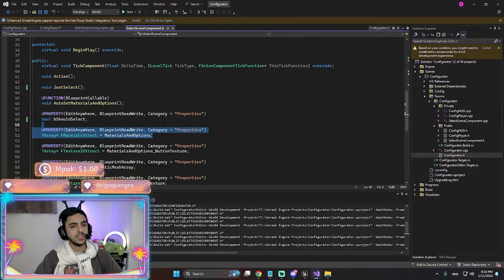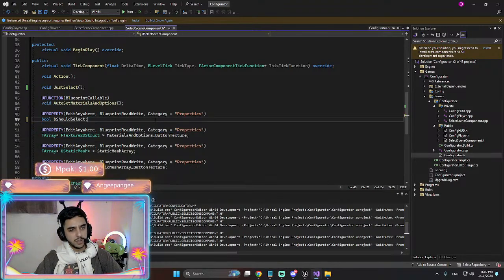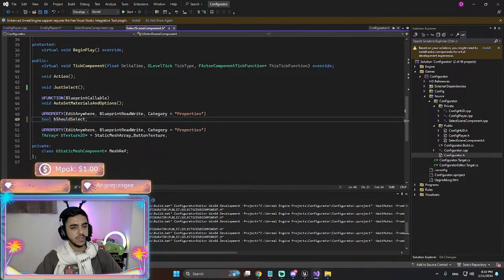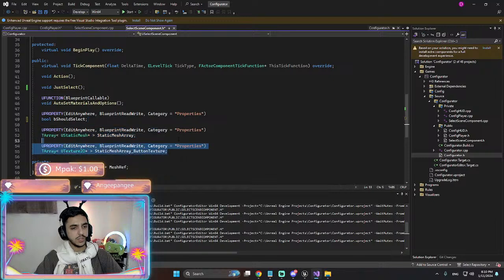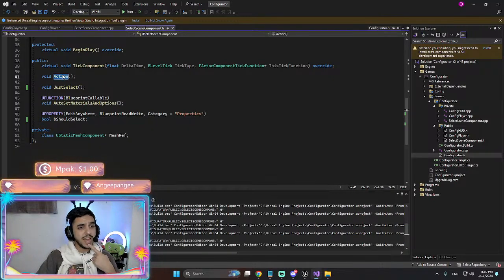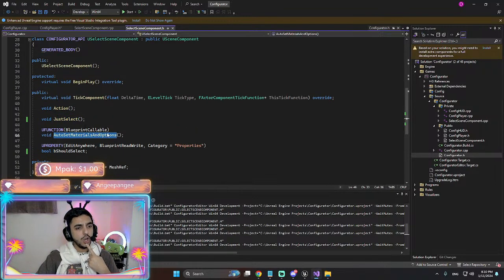We don't need it. Materials and options, I don't need it. I don't need this one as well. I don't need this one too. Actually, I don't need any of these. So we have action, just select. Auto set materials and options, we don't need this one too.